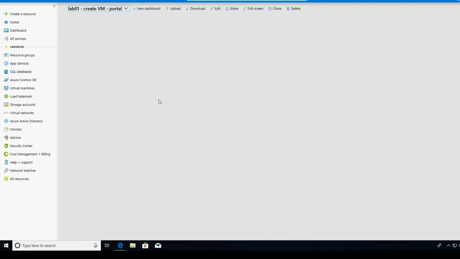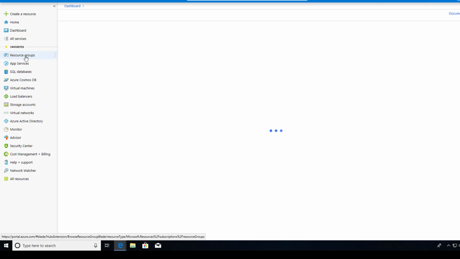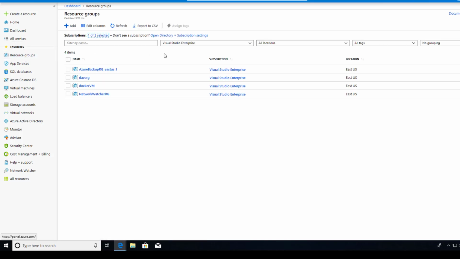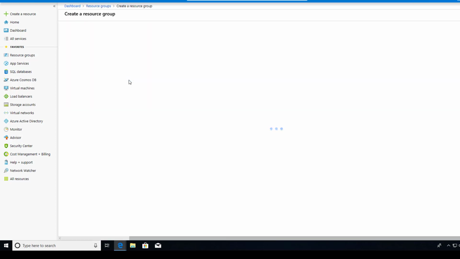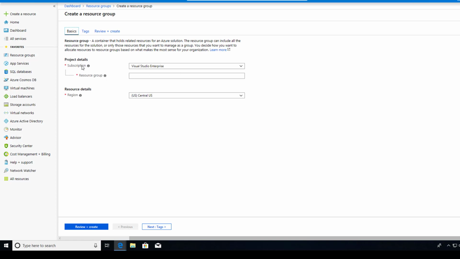So remember, one of the things we need is a resource group. While we could create the resource group while we create the VM, I'm going to create the resource group before I begin to create the VM. I'm going to say add. And you're going to pick your subscription. I just have the one. I'm going to call it